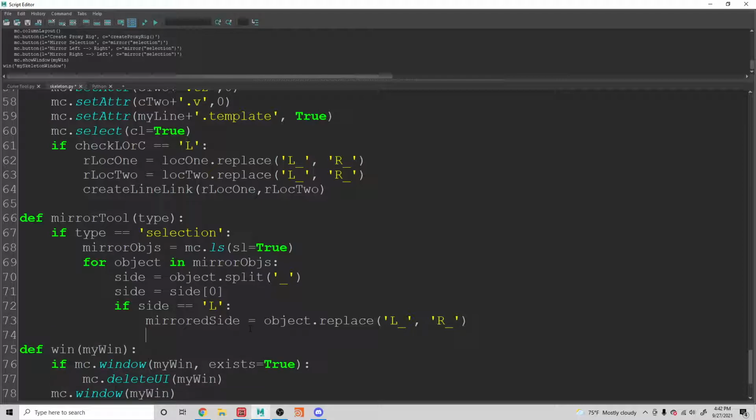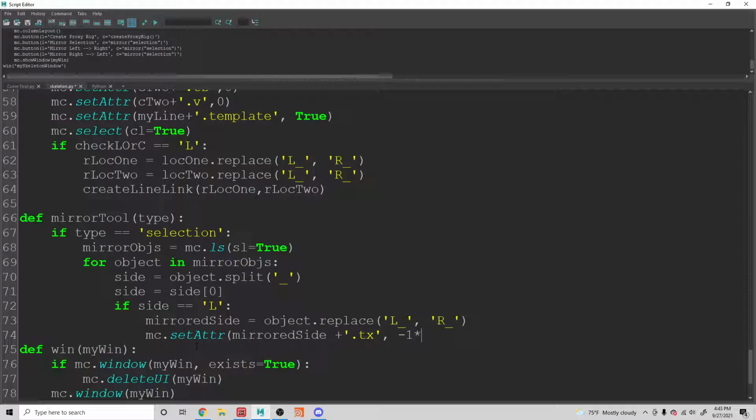Okay, so that's the side that we want to mirror. So we're going to do mc.setAttr mirrored side plus dot tx